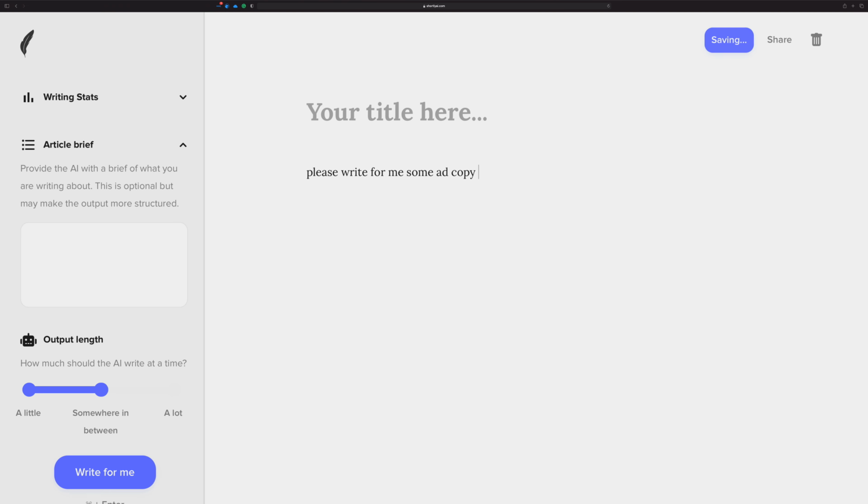You say something like, please write for me some ad copy. And let's see what it's about. Let's just say about our ladies' shoes with a suede upper, padded soles, and durable outer. Comfortable in jeans, and available in a variety of colors. Okay, not exactly the most exciting thing, but basically what you do here is you say something like, remember,